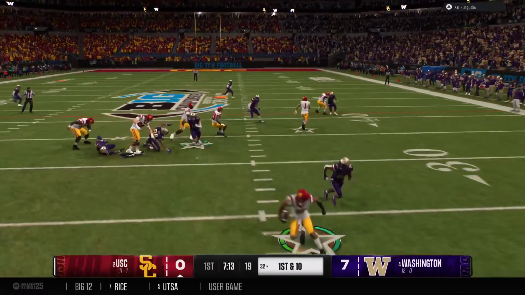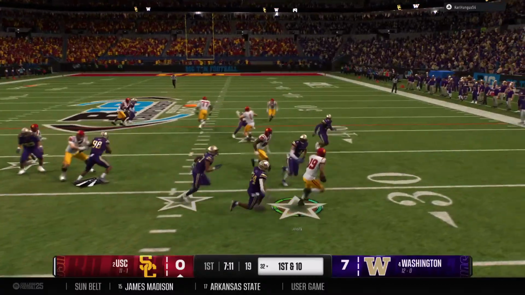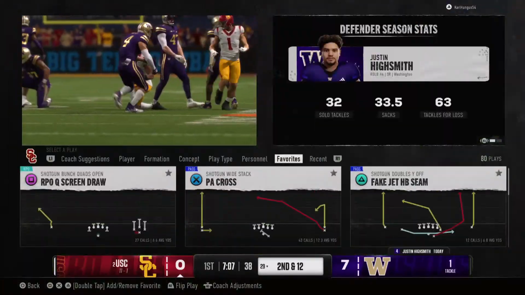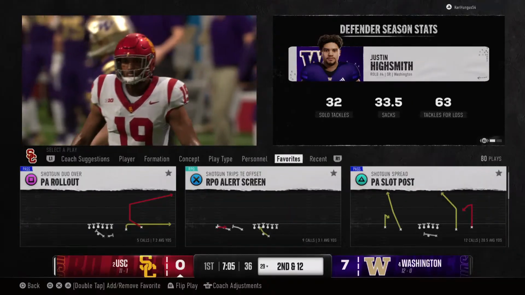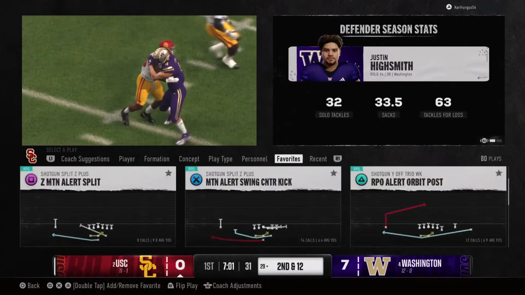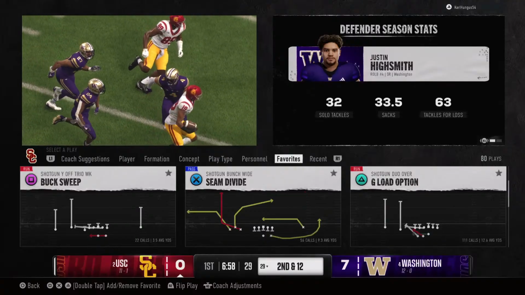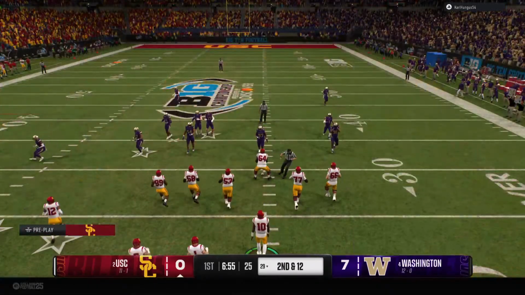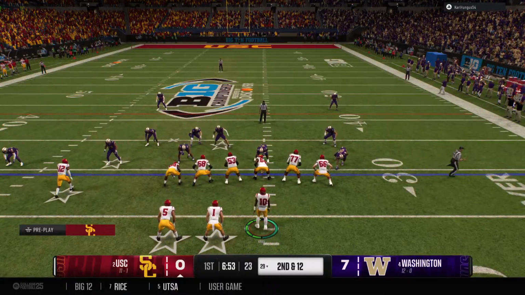They flip it to him on the jet sweep. Brought down for a loss after the completion. Not what they were looking for. Well, that's one of those plays that works better against certain defensive looks, but not every defense is the same. They were all over that one. Let's see if they continue to attack to the outside on the perimeter to set something up downfield. Here's the second down play.